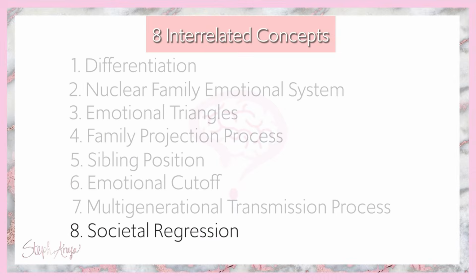Now, the 8th principle. I love that Bowen took the lens all the way further back, right? Because we started with the individual. Then we talk about that individual pairing up with someone similarly differentiated. Then we talk about them having children and how they might focus on one child who becomes less differentiated. Then we talk about what it looks like through multiple generations. And lastly, Bowen's pulling it all the way back and saying, now let's look at society as a whole. Okay, he connects differentiation with societal regression.